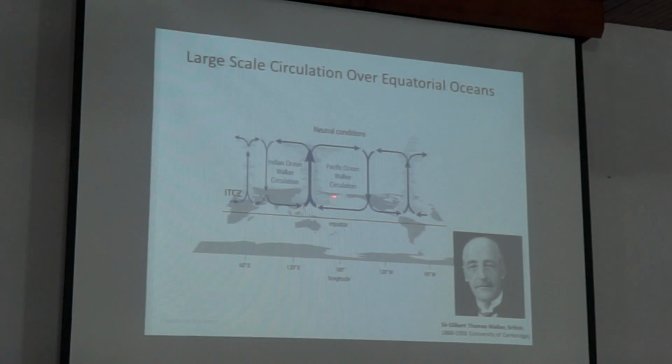Areas which are too warm, things are rising. Areas a little bit colder, things are falling down. The areas which are rising are called the intertropical convergence zone, where the air comes in and then goes up. So this intertropical convergence zone, you can see you have a lot of